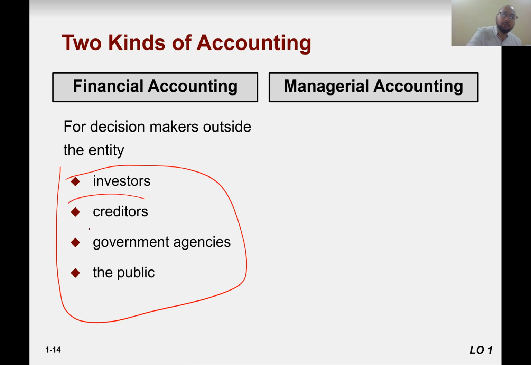Creditors, they are worried about their money. So they want to see the history of the company. That company has a history of making profit, okay? Then we should give them credit. Our money can be recovered. Otherwise, they would be worried about that. If we lend you this raw material, and the chances are that you would bankrupt and you would not pay us, right? Government agencies, they would be interested in regulating the behavior of the company, plus they want taxes, and